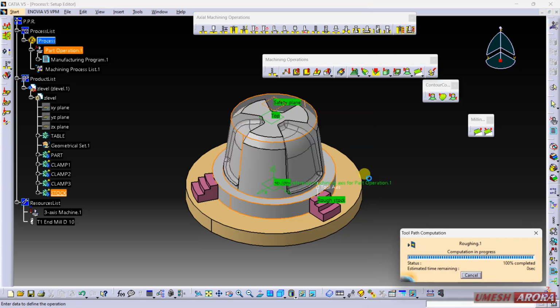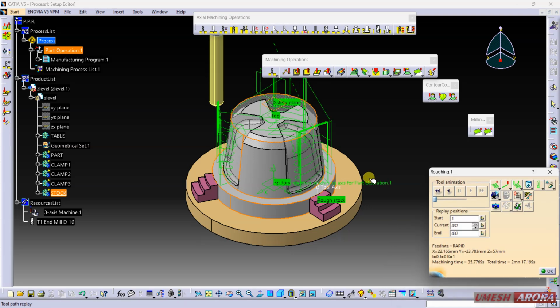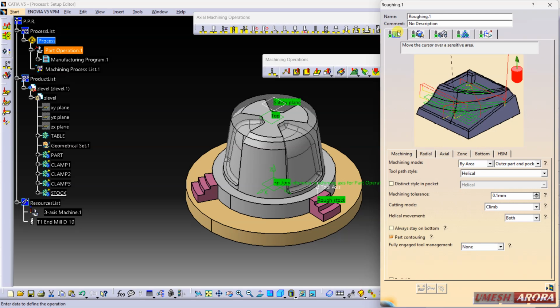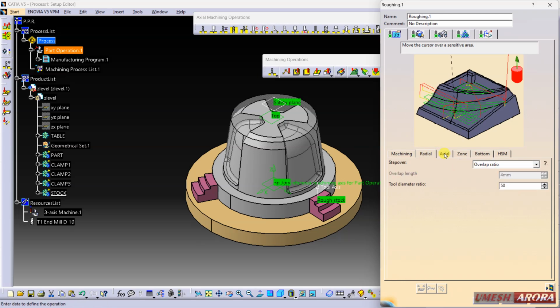Let's see the tool and the part and how it is working. Now again come to this, and here I'm going to make some changes. Click here, and for machining I'm using helical. The helical pattern is created by area, means first area, then second area, then third area. The tolerance is 0.01. Helical movement on both sides, clockwise and anti-clockwise.